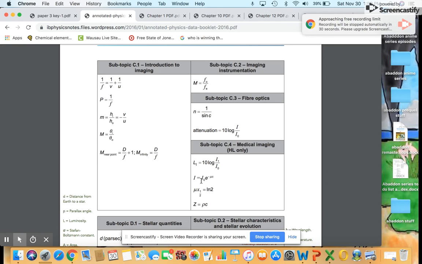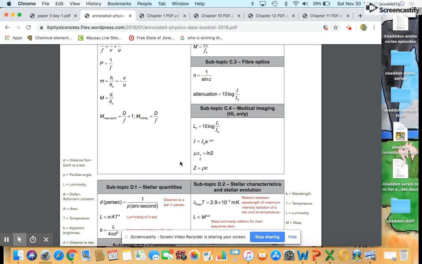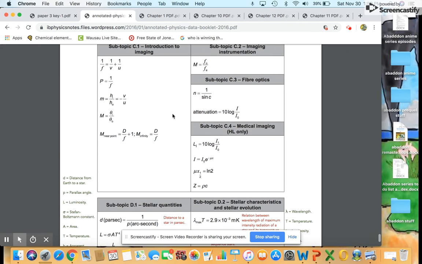If you're taking Chem IB, you probably recognize some of this, or Bio IB. They probably talk a little bit about scanning electron microscopes, things like that. We sometimes get enough time in class to cover those, but it really depends on the year and how much you get through. I typically don't have enough time most years to cover this section, so if you decide to do imaging, make sure that you